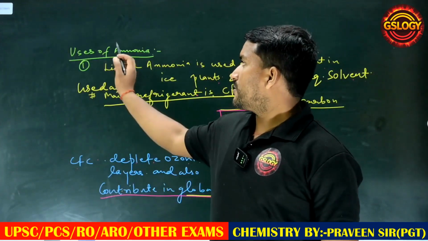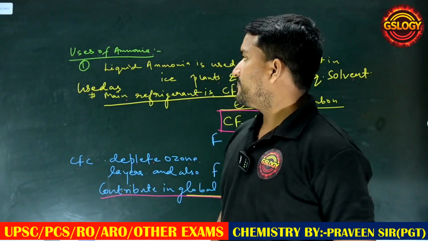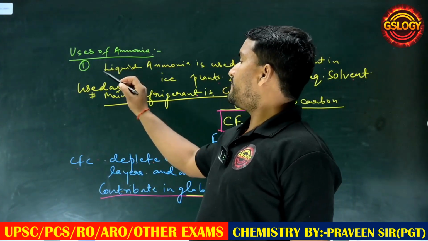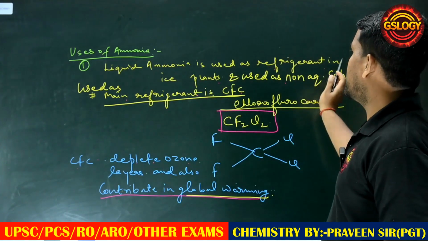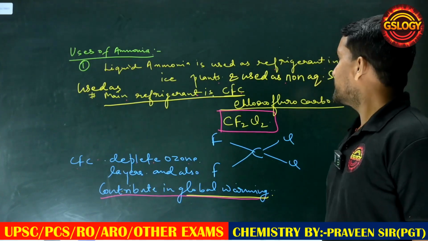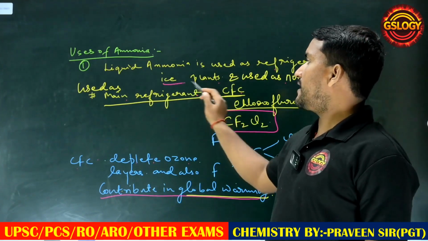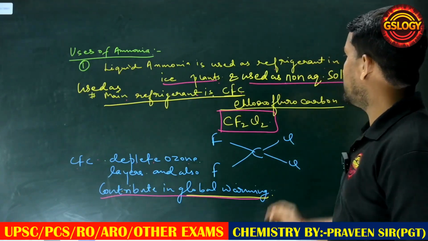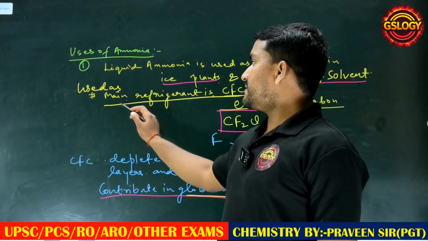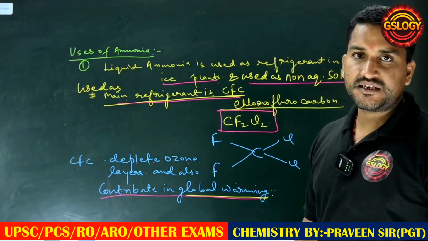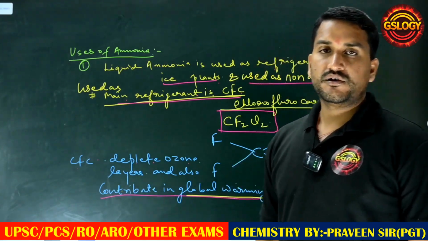Yes, next topic is the uses of ammonia. First point, liquid ammonia is used as a refrigerant in the ice plant and used as a non-aqueous solvent. But the main refrigerant is what? CFC. CFC means